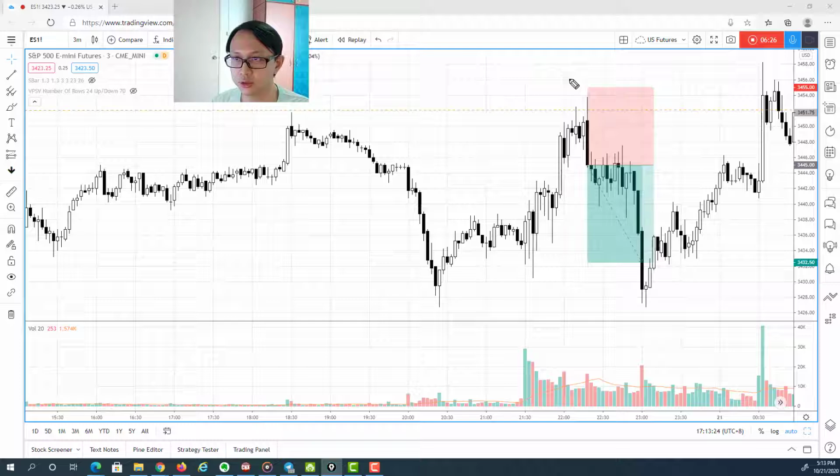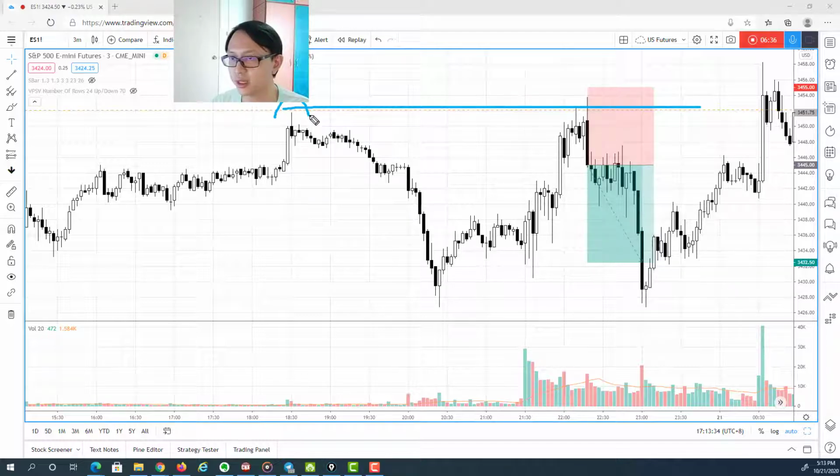In order to avoid early entry, I know that some traders like to place a limit order, something like this. They define a swing high, and they probably just place a limit order to enter short right at the swing high level. But this is a bit dangerous because we never see the confirmation, and whenever the price is approaching the resistance, it doesn't necessarily mean that there will be a reversal and go all the way down. Sure, they might have some kind of pullback, another pullback, another pullback. But if there is no follow through to the downside, then it could just go up again and have another